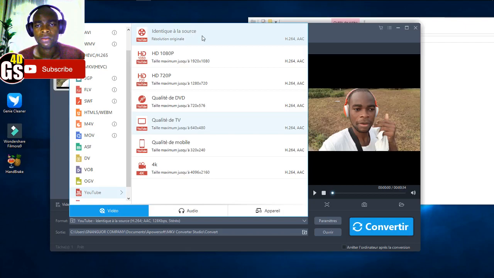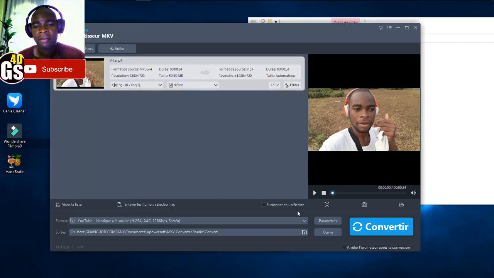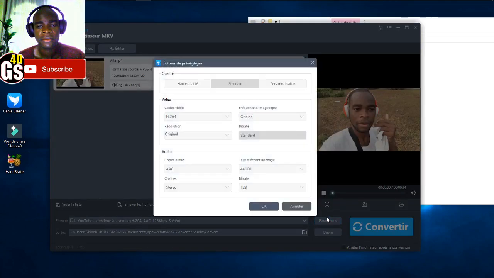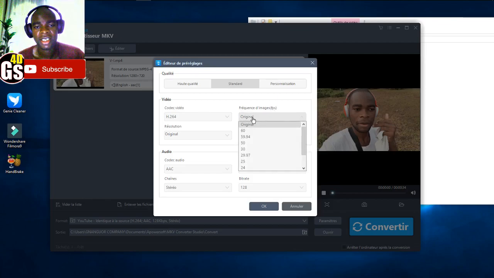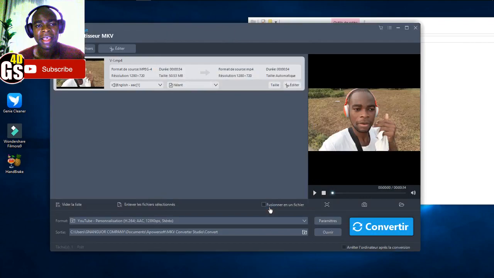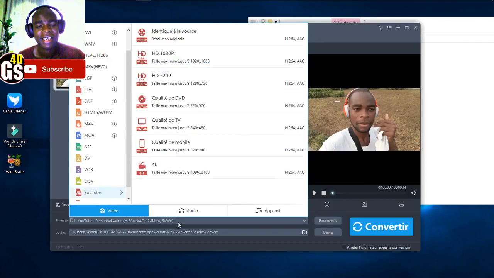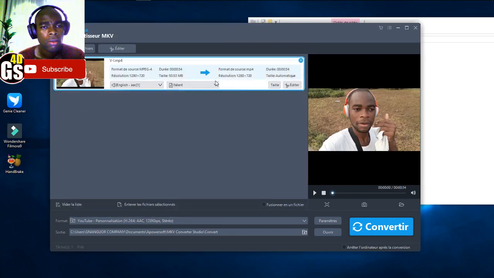Now click on settings here, and you can see your bitrate, and also here the FPS, your frame rate. They are original. You can click on what you need. The size you want is here, 60 fps, and click on OK. Wonderful.